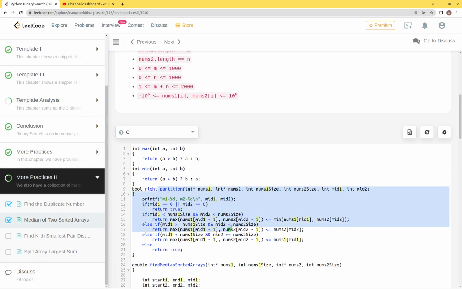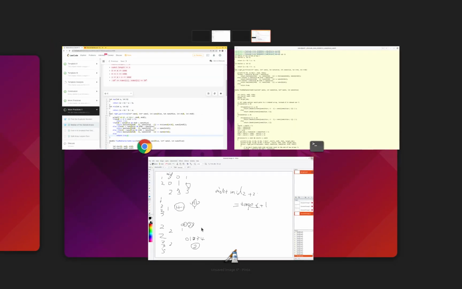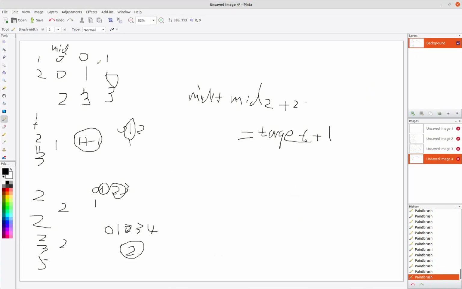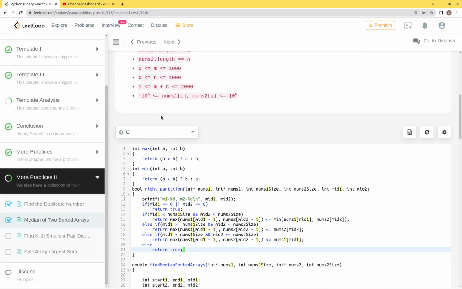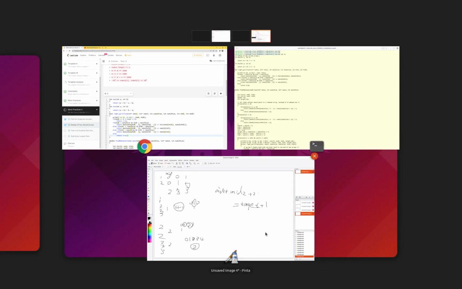So I have the right partition function right here. That partition will check different ways to make sure any array has the right partition. That means, for example,